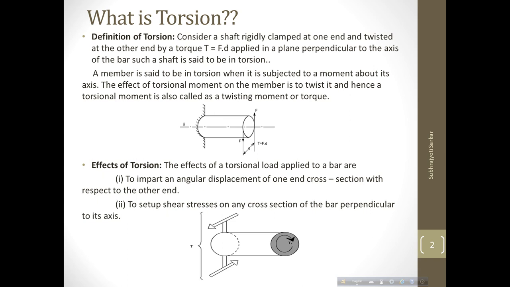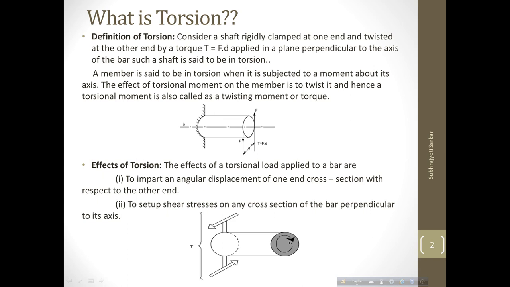Now suppose you want to turn this rod or twist this rod. So if you twist this rod on the free end, what will happen? There will be a twisting couple acting on the free end. That means there will be a twisting force acting in opposite directions on the free end. As it is acting in opposite directions, that force will be tangential to the surface area, thereby creating the twist.